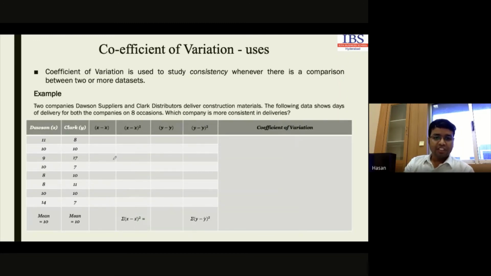Okay. So in this case, what we have to do, we have to take the mean first. Mean of x and mean of y. We have to compare this one. So how we compare this one? We can simply compute the variances. So in this case, mean is 10.